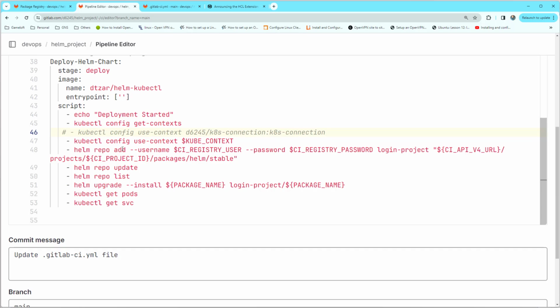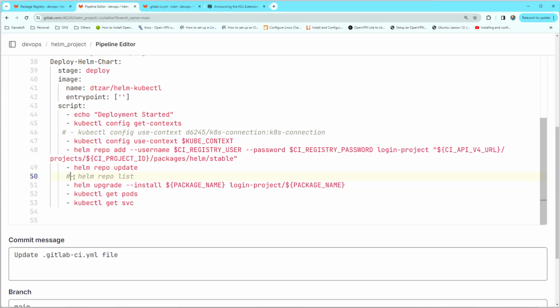Also, I did show you before how to add a repository in Kubernetes cluster. So with this line, we will add repository, and in the next line, we update repository, and just I use this one to see in the outputs the list of repo. Also, this is not mandatory. You can